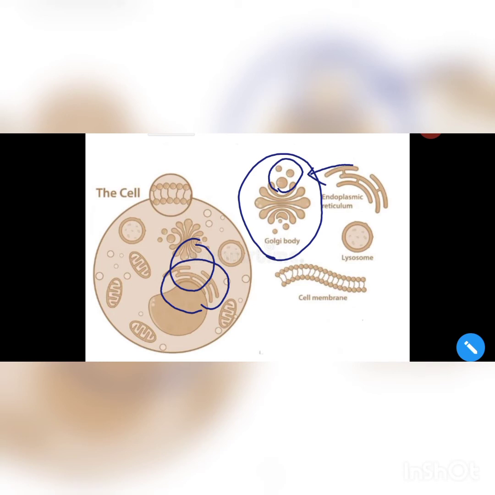Now these vesicles will be having proteins or lipids, but some of these vesicles will be having digestive enzymes that are produced by the rough endoplasmic reticulum. So the enzymes are also proteins, and they are made by the rough endoplasmic reticulum, and the vesicles will be filled with them. Such vesicles are called the lysosomes. So inside the lysosome there are the digestive enzymes that are prepared by the rough endoplasmic reticulum.